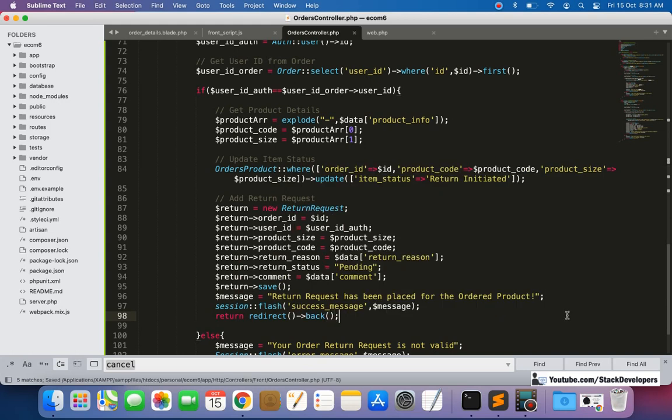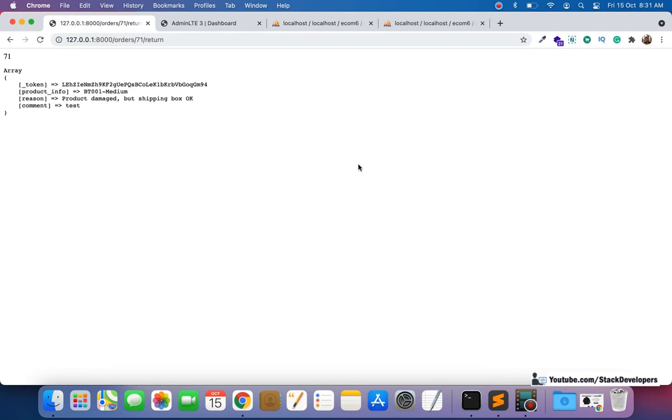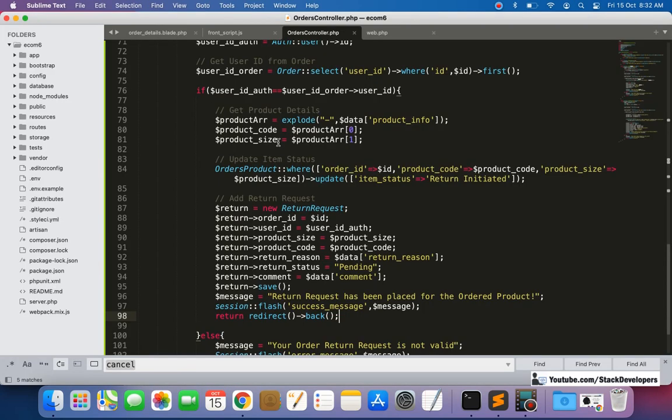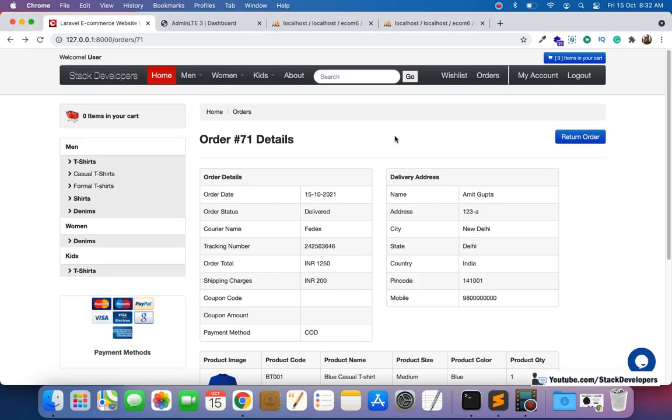That is done. Now we are going to test it once. I am going to press Control Shift R, go back once again, and remove that debug dump code.